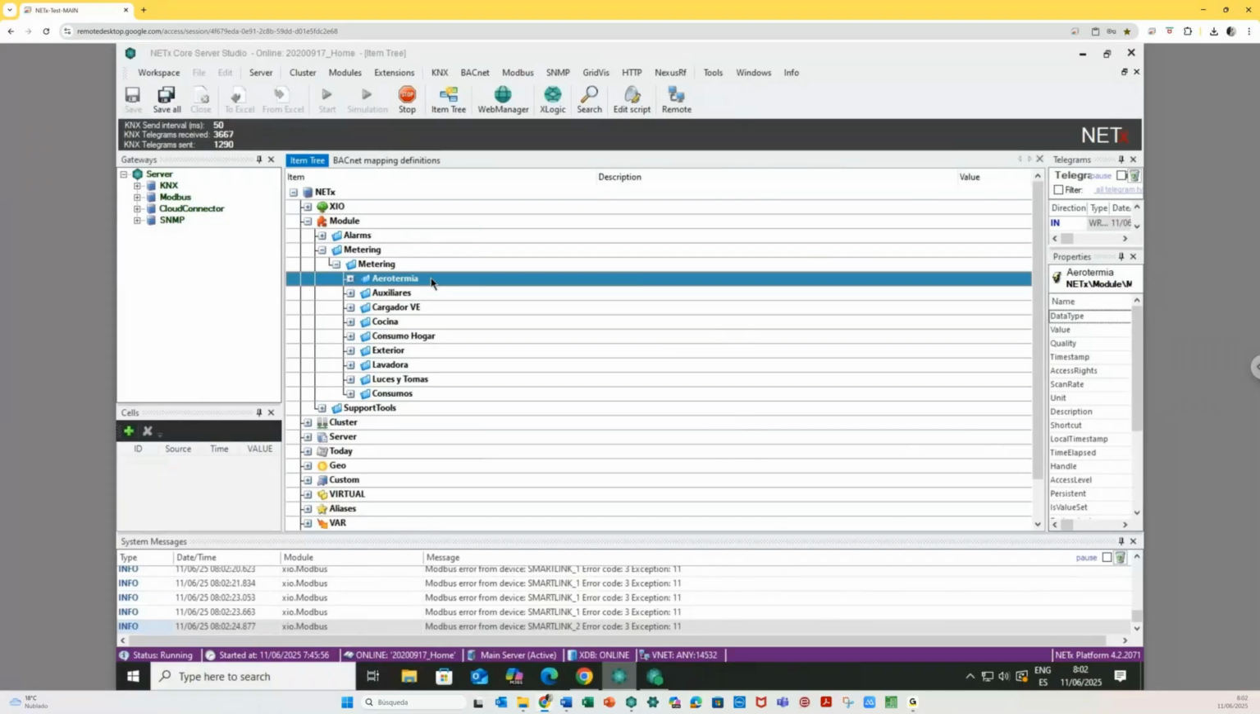Hogar consumo is the total consumption for my home. Hogar is home. External circuits like external lights and plugs and whatever. The washing machine, lavadora, lights and sockets, luces y tomas, and other consumptions. Okay, so this is what we have here, and different kinds of circuits are metered, but also the overall